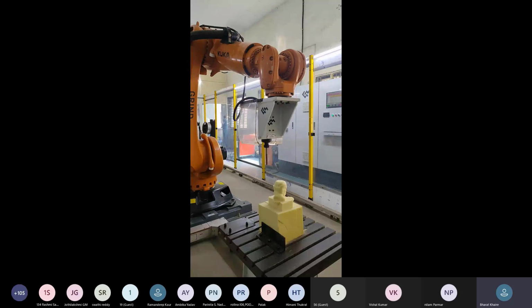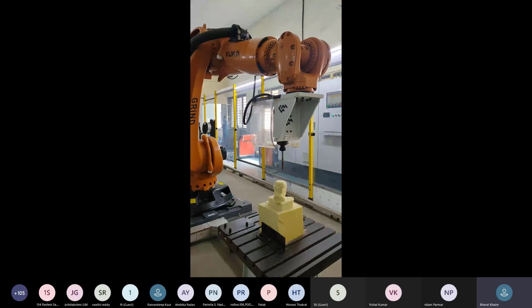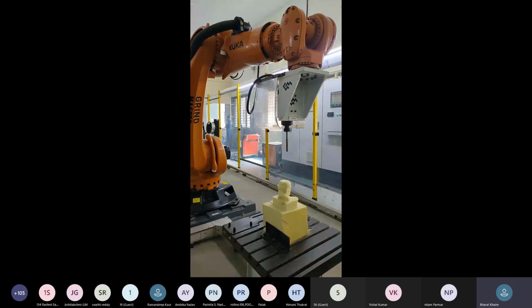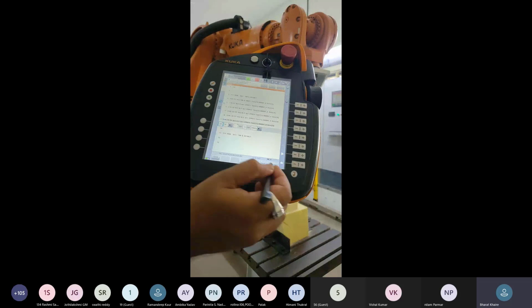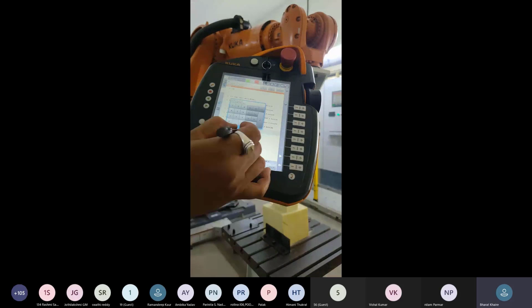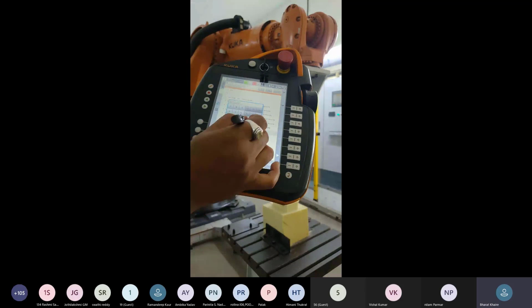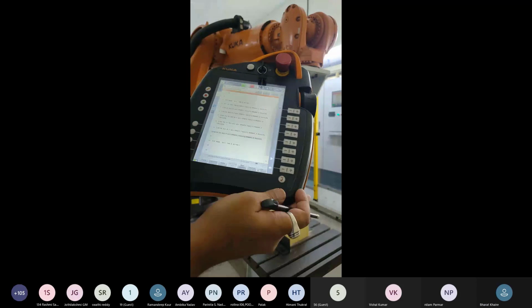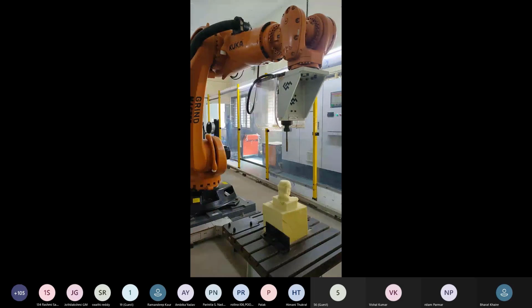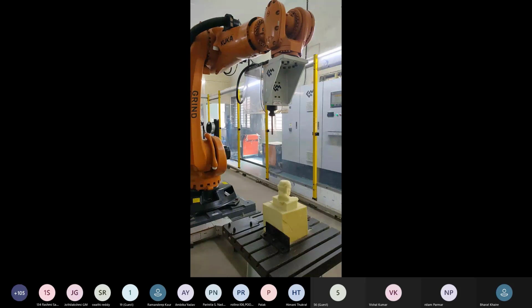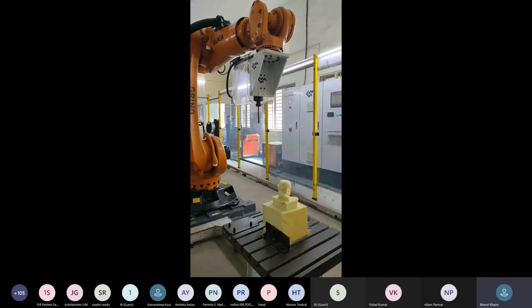So we are now going to a center point as a linear. Command OK. Then first PTP point, go to the motion and as a linear and give a command OK. We can give here 2 meters per second and command OK. We can test the program in T2 mode.